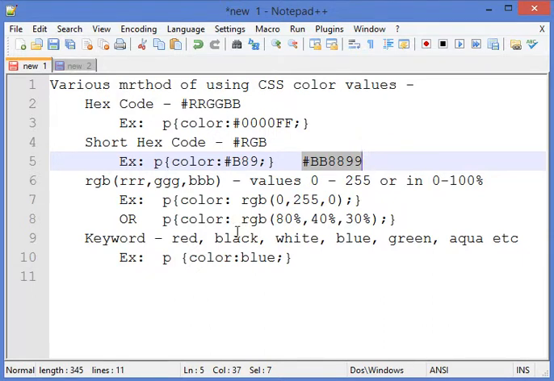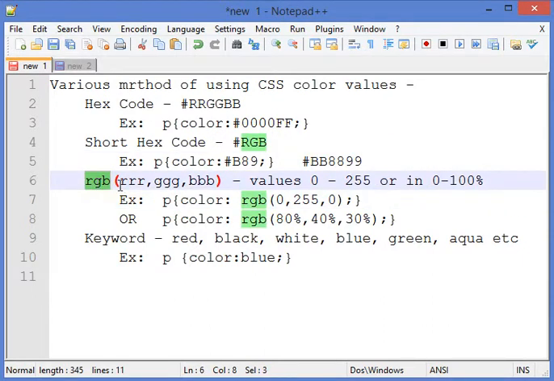Now there is another method, which is by using the function rgb. We can use the function name rgb, then open the bracket, close the bracket, and within that we apply 3 parameters, 3 values in decimal. The first parameter represents the red color, then the green color, and then the blue color, and these values can be from 0 to 255, or they can be represented in the form of a percentage.